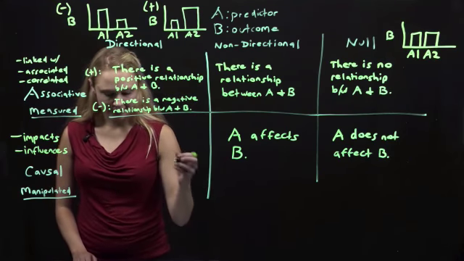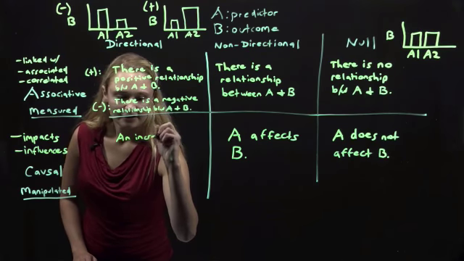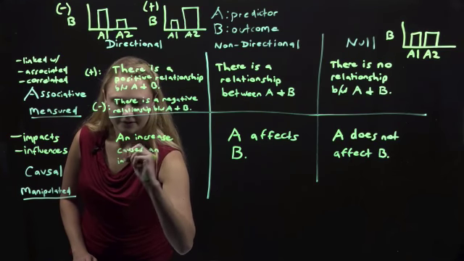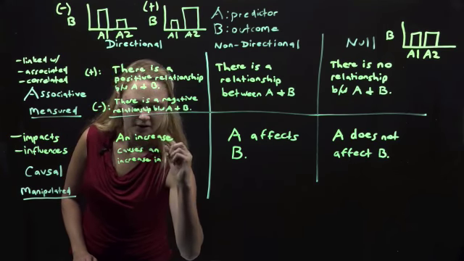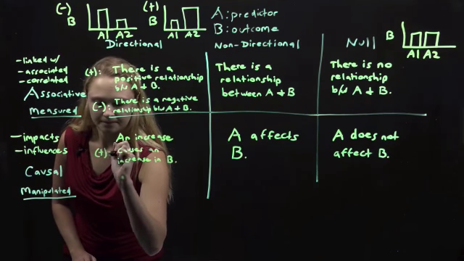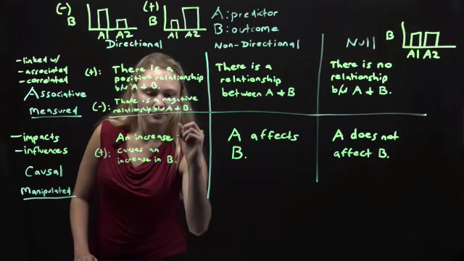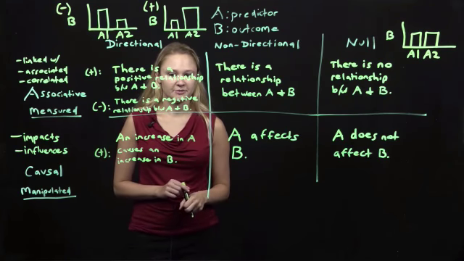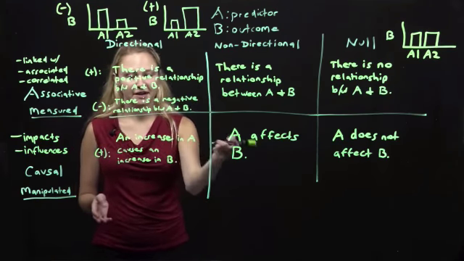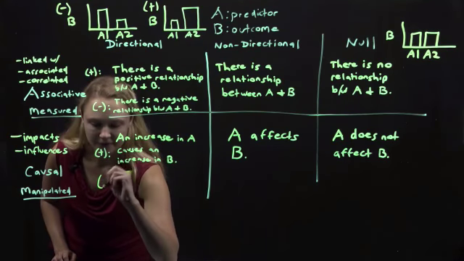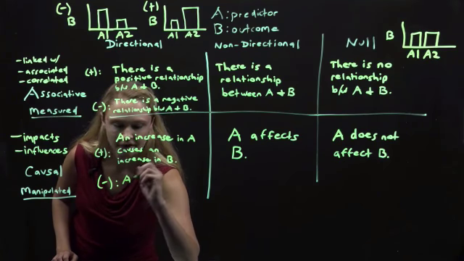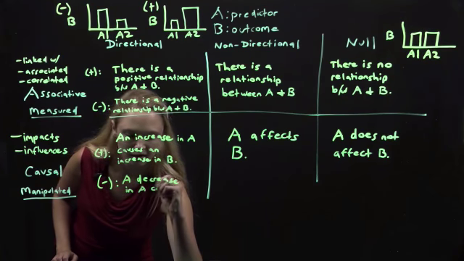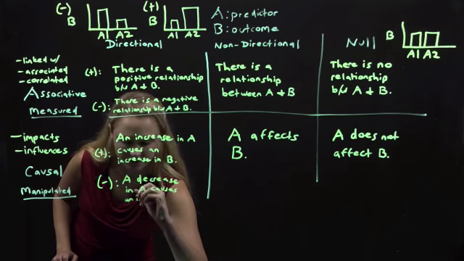And in terms of directional, the way we can write it is an increase in A causes an increase in B. So that would be for a positive causal relationship. And it'd be, an increase in A. So if you just write A causes an increase in B, that would be incorrect because we're not saying is it an increase in A or a decrease in A causing an increase in B. So for a negative causal relationship, we can say decrease in A causes an increase